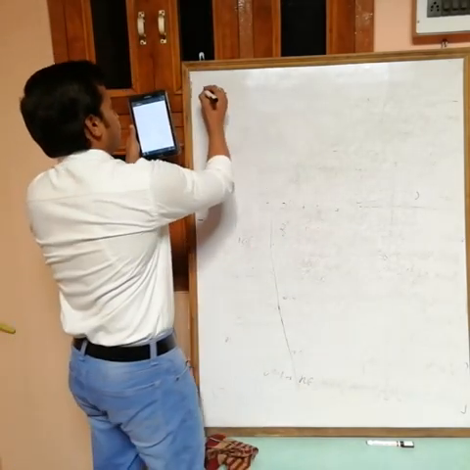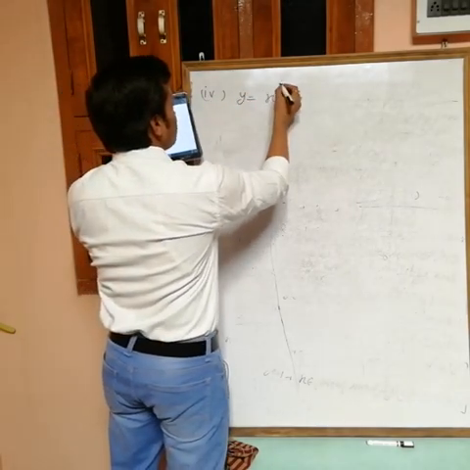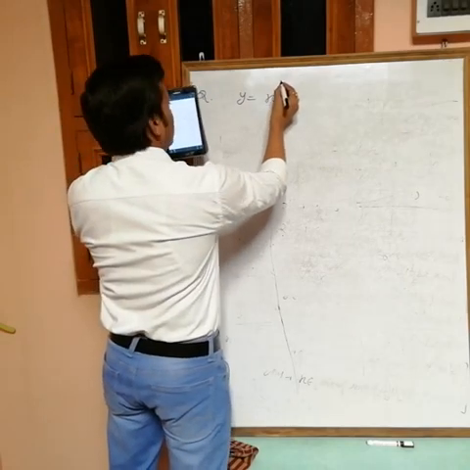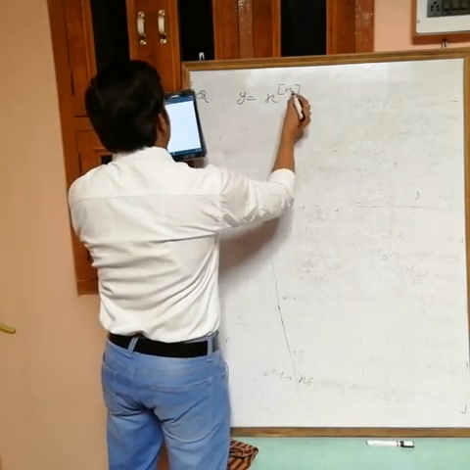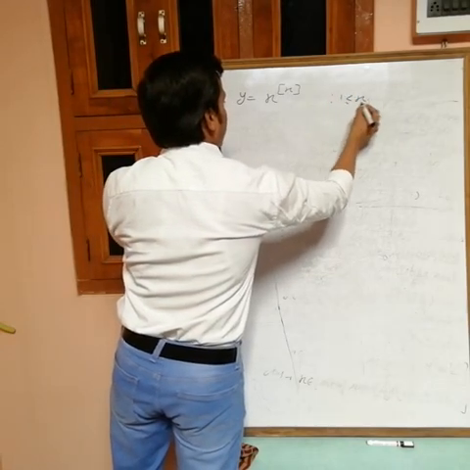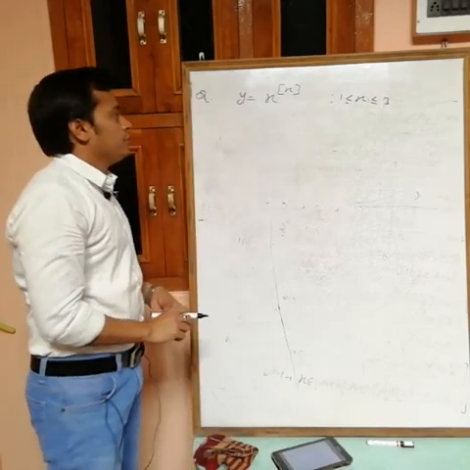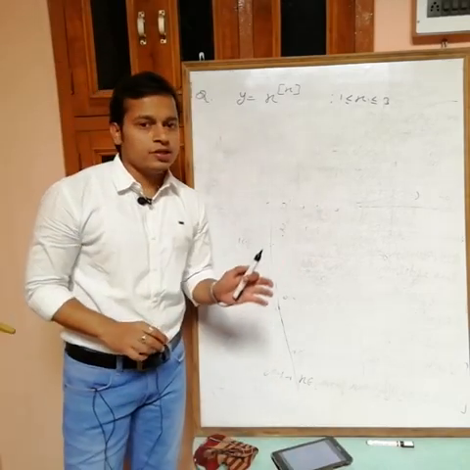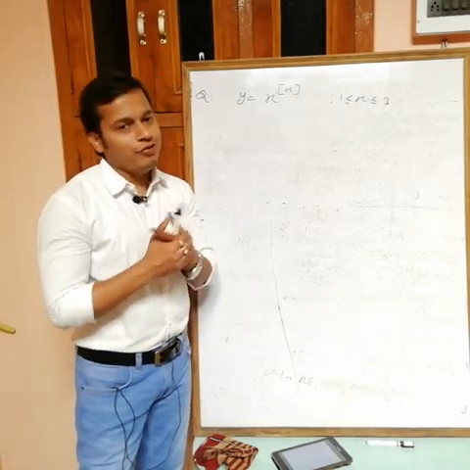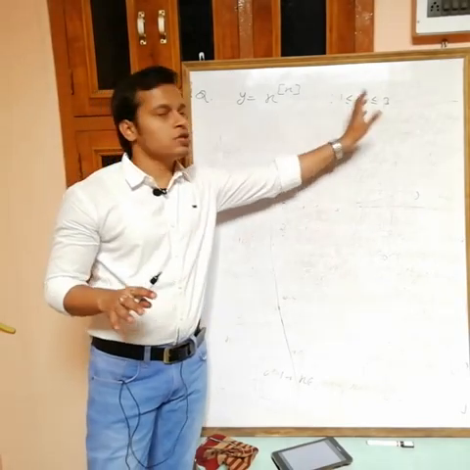Now fourth one. Again the same, we want the range. y equals x power greatest integer of x, where the interval is given as 1, 2, 3. Now we want the range of this one, y equals x power greatest integer of x. Okay, this is the equation when the interval is given. And we want the range of this one. It means it is given that you can't take values of x outside this interval.